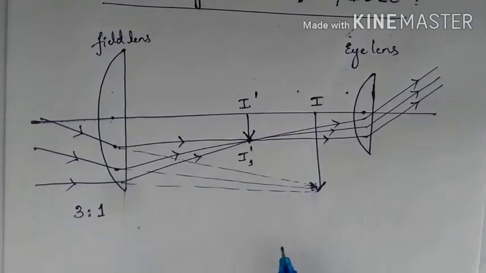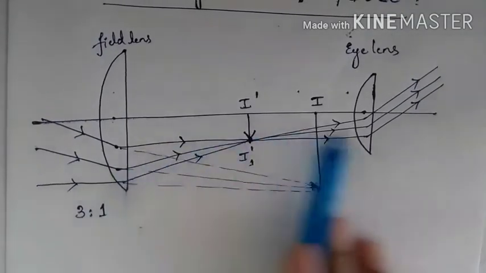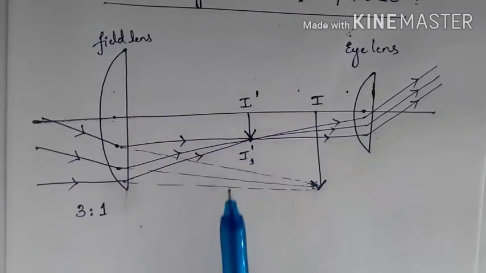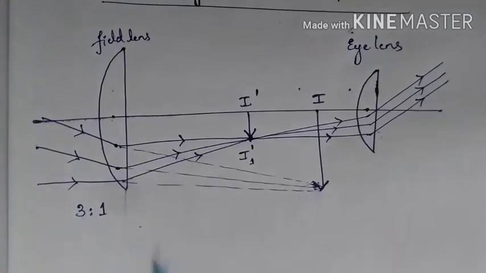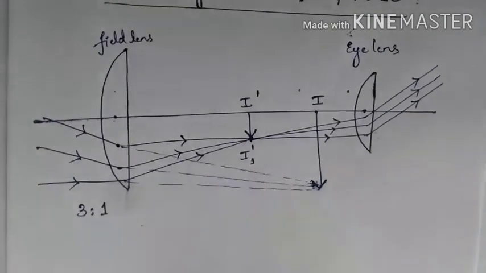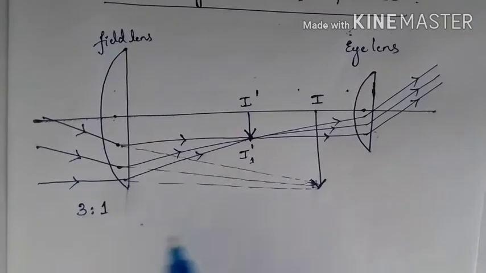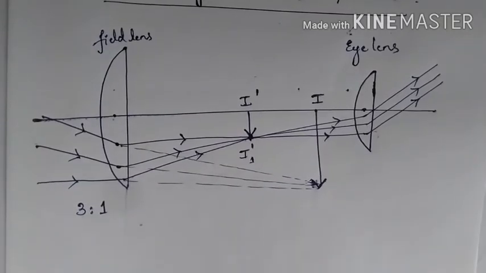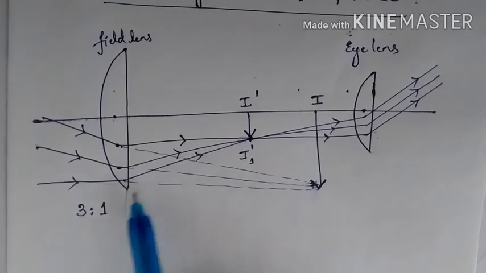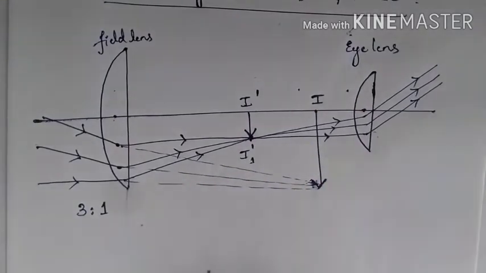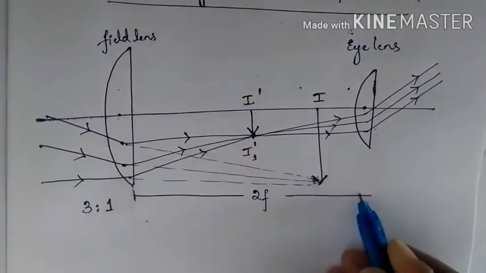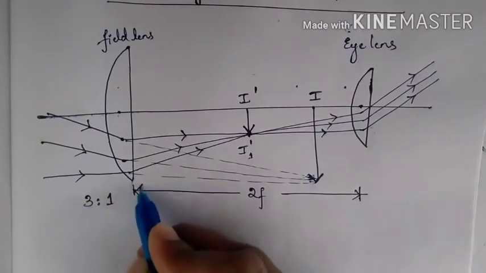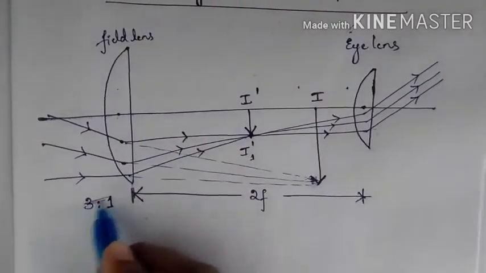So now we know that the focal length of the two lenses is in the ratio 3:1, and the distance between them, so the distance between the two lenses is equal to the difference of their focal lengths. So if you take the difference of the focal lengths, then what you will get is the distance between the two lenses. So that will be 2f. So we'll see how we will get the 2f. So for time being, the distance between the two lenses is 2f.